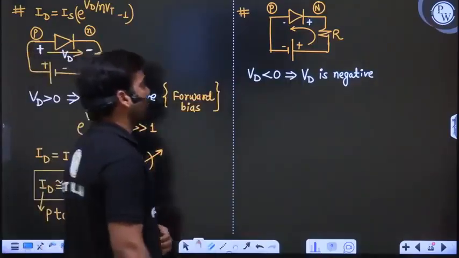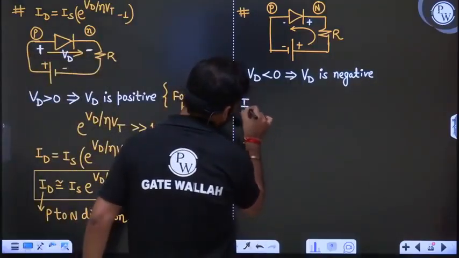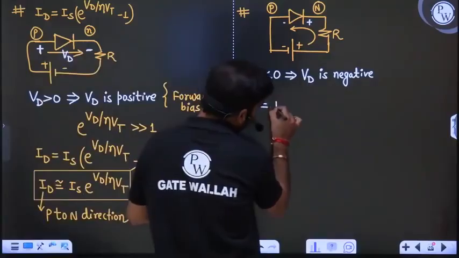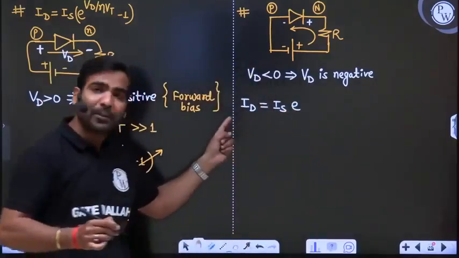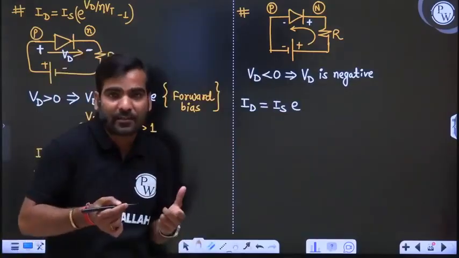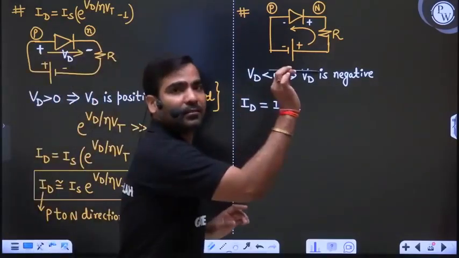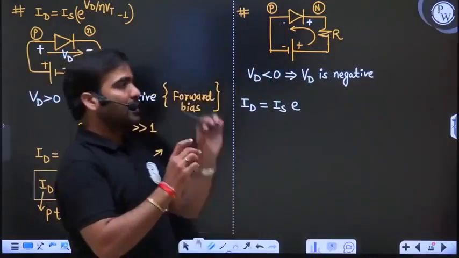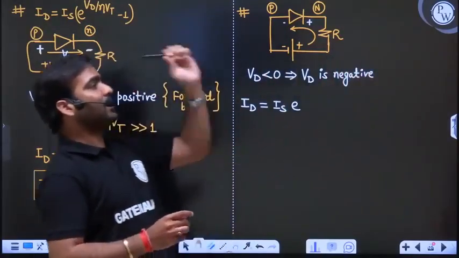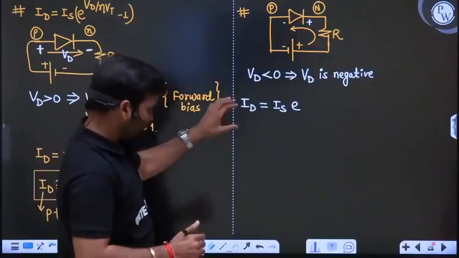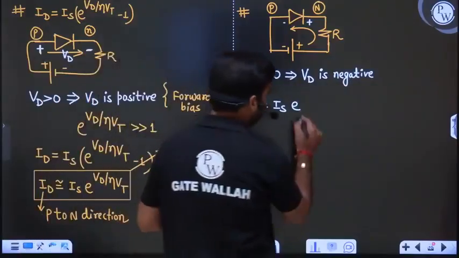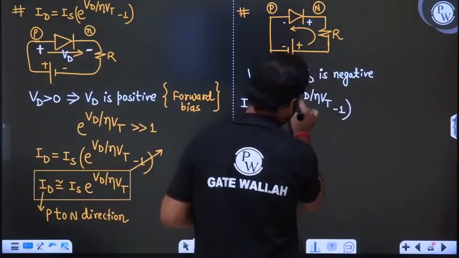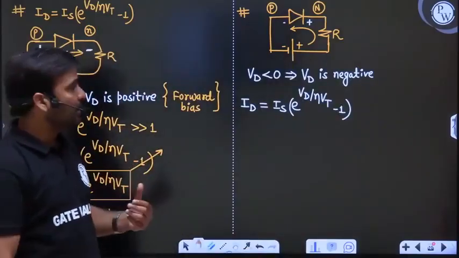Now in this case ID is equal to the equation again, because this is the equation of diode current. It is applicable, no doubt. I am writing ID equal to Is, where this ID is in the P to N direction. Network analysis says if current is flowing like that or like that, both are the same, just a negative sign. Suppose this current is plus 10 ampere, then this current is minus 10 ampere in any case. So we can still write this equation ID equal to Is e to the power of Vd upon eta Vt minus 1. This is the actual equation of current. Now you will come to know what the current is in this case.